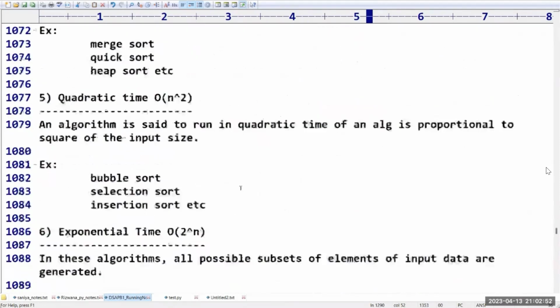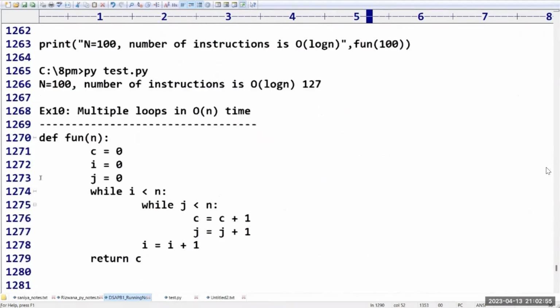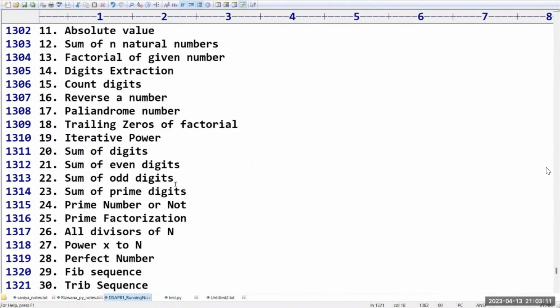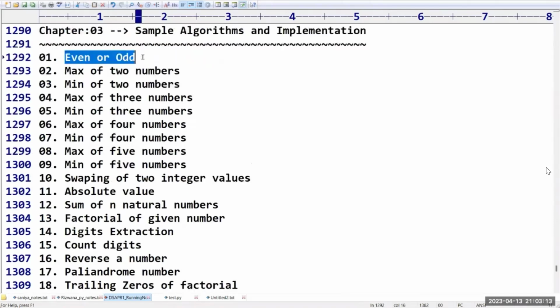I think we have around 30 or 20 programs. We are going to discuss these. One second, I will give that list also. Yeah, so we have these 30 programs, even or odd number, in how many ways we can calculate,